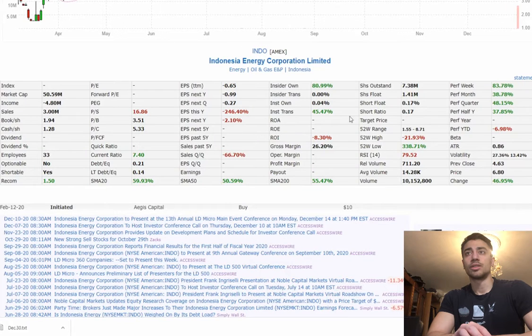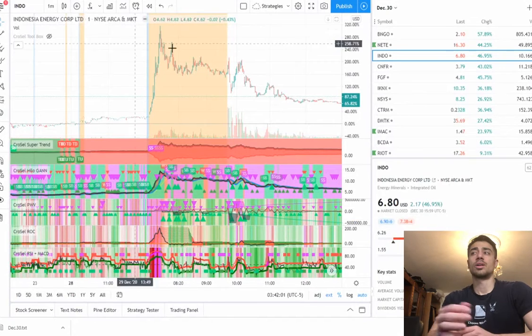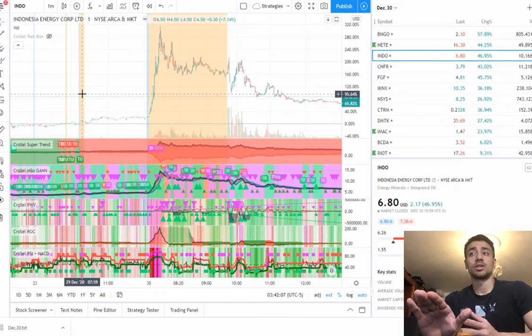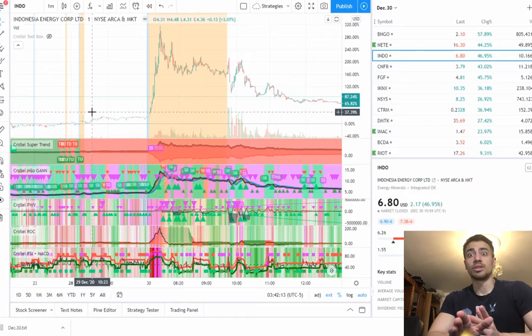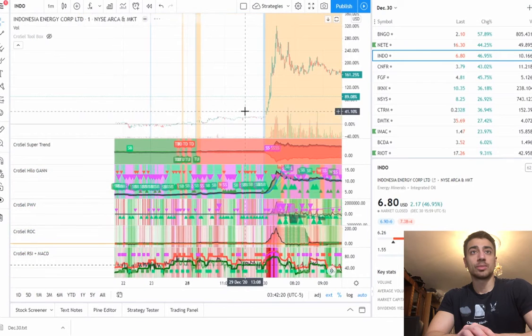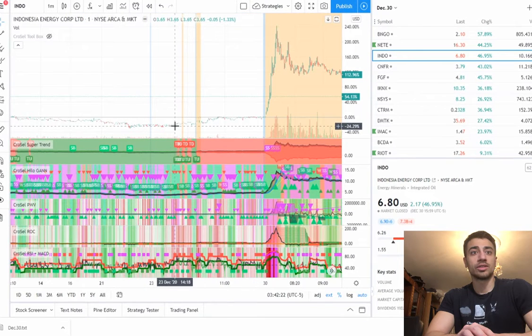Another thing is the float was really low, 1.41 million. And this could be considered a sympathy play, because recently low float stocks have been going crazy, especially ACY and RHE a few days ago, with like 1000% returns, insane. So what happened here was, it started to move up since December 23rd, and